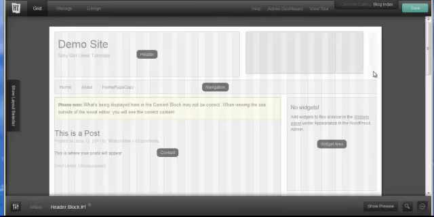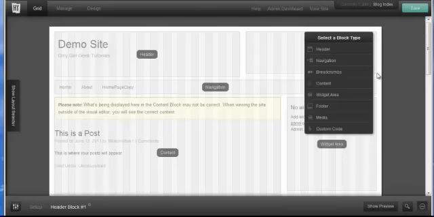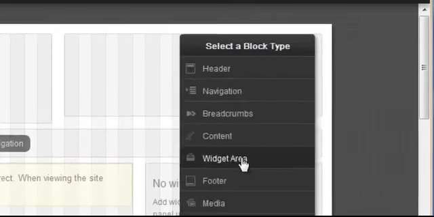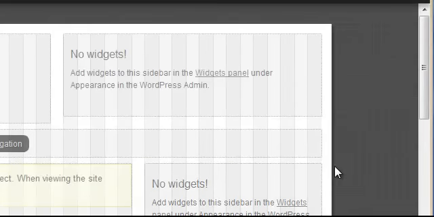Well, it's easy as drawing your block, and then as you can see, once that block's been drawn on the grid, you have a choice. You can choose whether to make it a header, another navigation. Say you had built two menus in your dashboard, you might want to make it another navigation. You can have it be simply your breadcrumbs, content, widget area, footer, media, or custom CSS code or custom HTML code. So I'm going to choose to make that a widget area, but it's just that easy to add another